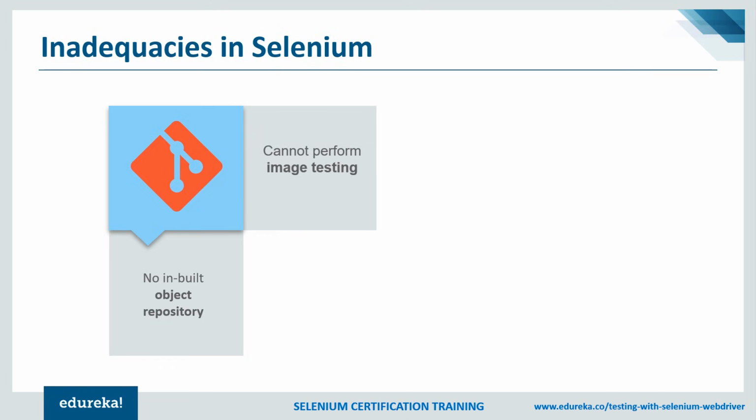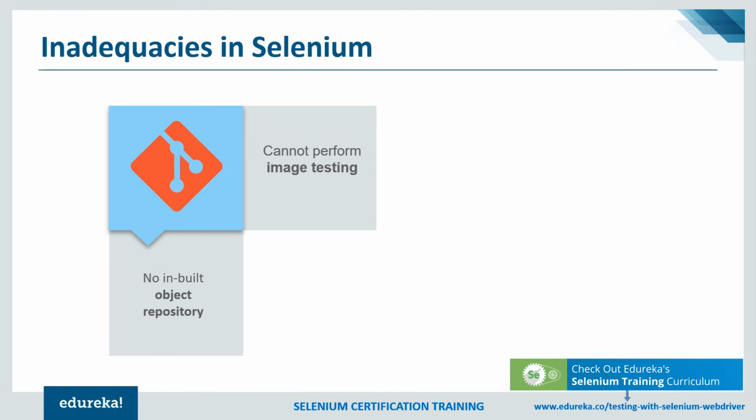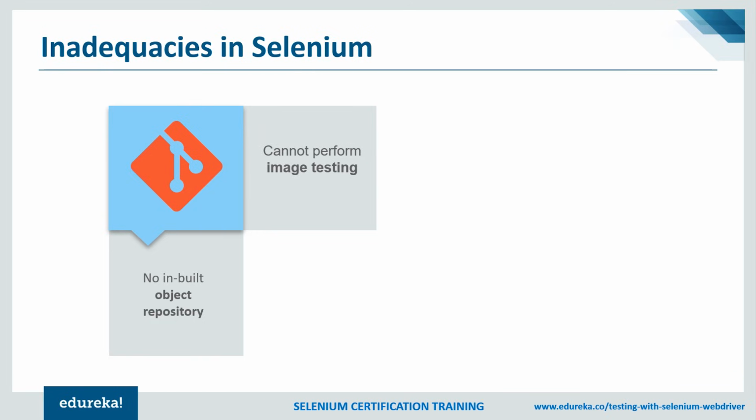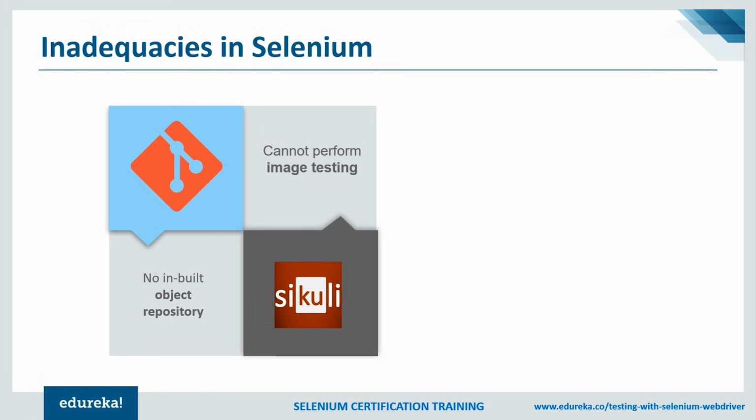So Selenium tests web applications, we know that. But the point is, what does it test? What does web application testing involve? So web application testing involves testing the functionality, usability, and consistency. So functionality testing involves image testing as well. Applications have images embedded in them, right? So we need to check if the images are performing as required or not. Selenium cannot perform this on its own and hence needs to be integrated with a tool.